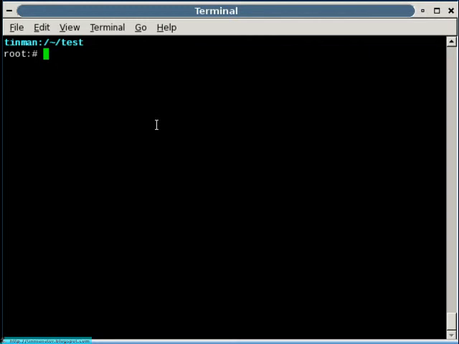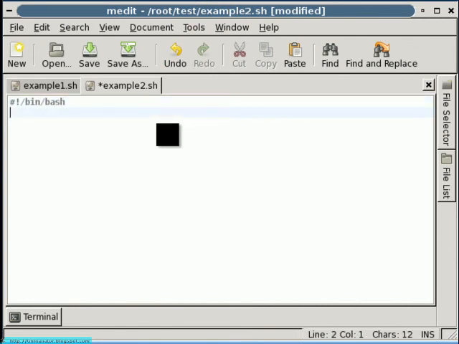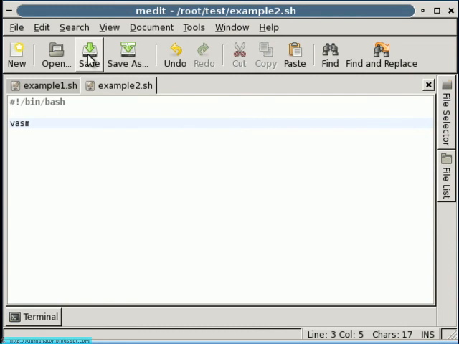Let us do a simple recap. Make a file, edit it with a suitable editor, point it towards our shell, which is /bin/bash. Then we're going to issue a command. I'm going to issue vasm, which is the vectorlinux manager or something. Going to save that, close medit,